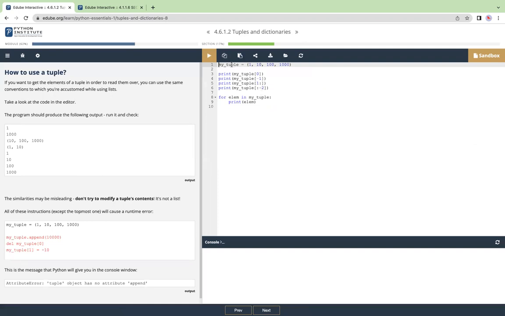My internet's so bad. My tuple is 1, 10, 100, 1,000. And again, we're using parentheses. So it works exactly like a list, right? We have the 0, the -1, the 1 colon, the -2. And if I print it, we're going to get the 0 element, which is going to equal 1, right? The -1 element, remember that's the reverse, is going to be 1,000, right? -1, -2, -3, -4. And then 0 again going forward. Print my tuple 1 colon, which is going to give us 10, 100, 1,000. And then my tuple of -2, which would mean